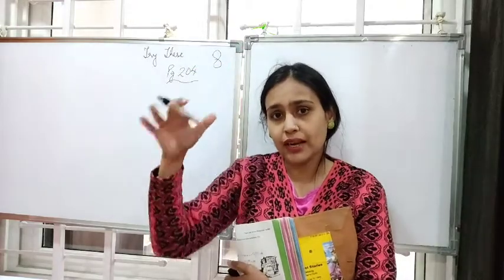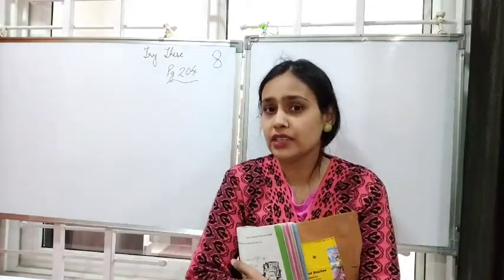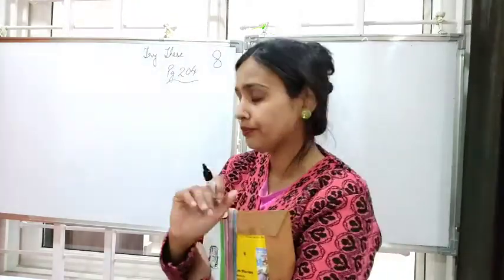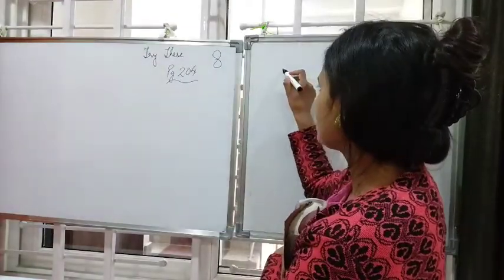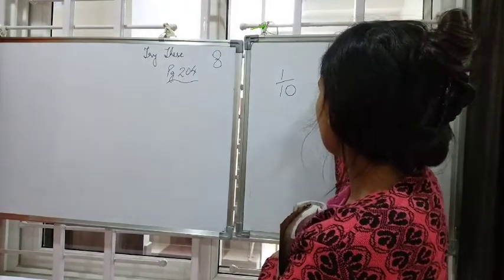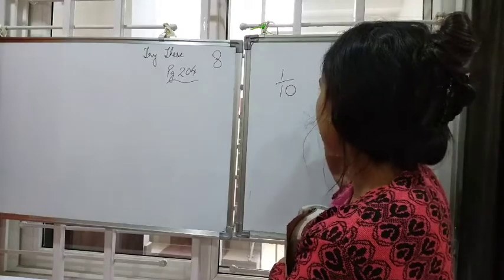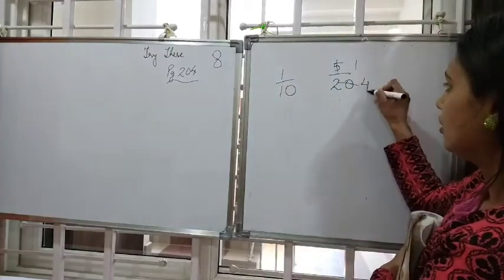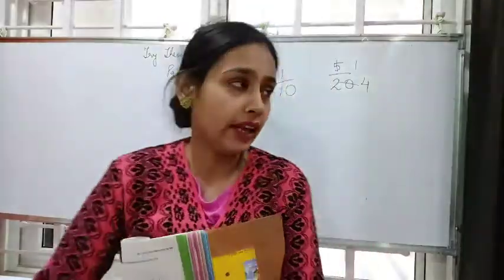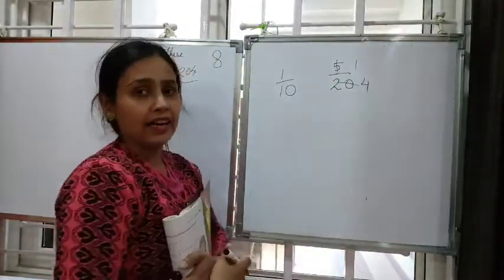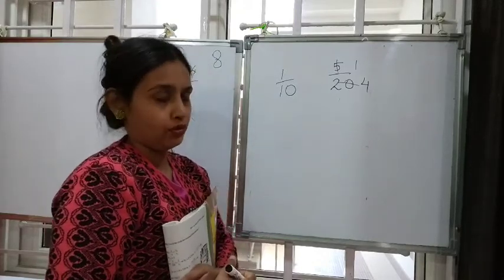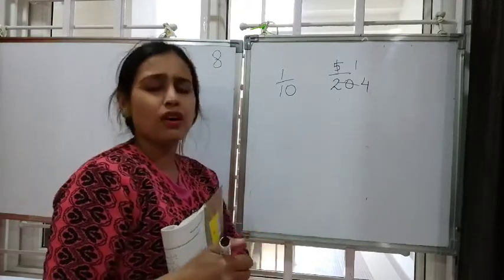Here if you compare the ratio, you will see that the ratio is not common. Cost of 1 kg sugar is rupees 10 and cost of 5 kg sugar is rupees 20. So here the ratio will be 1 by 4 and here the ratio will be 1 by 10. So here they are not in direct proportion. Instead they are in inverse proportion. So this was a very small revision.